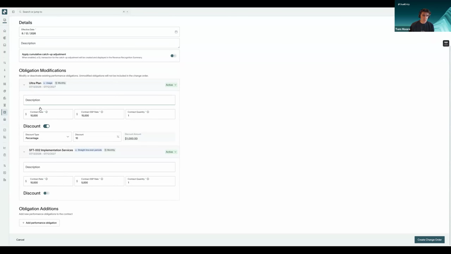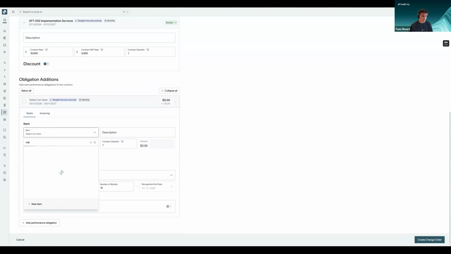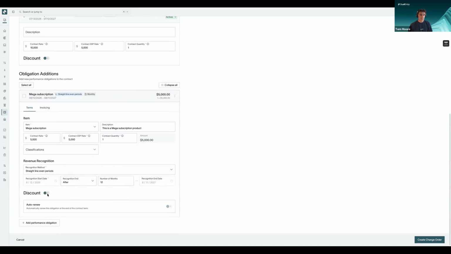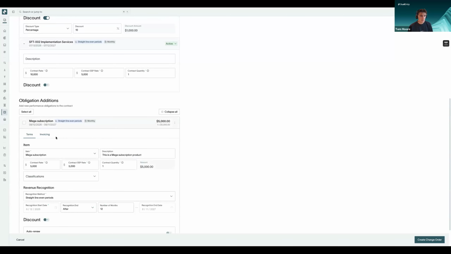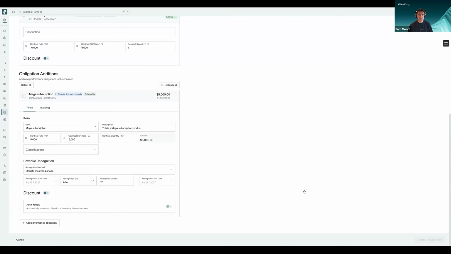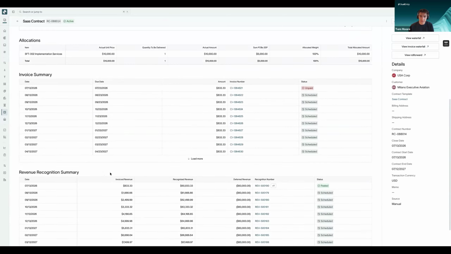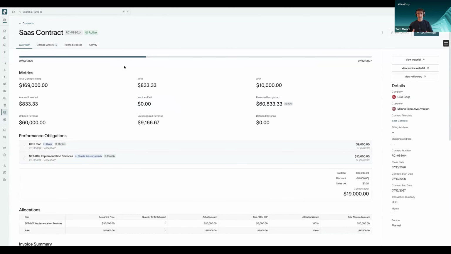And you can change any of the current performance obligations, structure any of those modifications. Or let's just say we want to add, you're doing an upsell here, and I want to add the mega subscription. You can add that from there. You can add any discounts if you would like. Again, structure the different invoicing schedules directly within this module, and we can then create that change order, which is viewable directly within the contract, and we'll update the remaining invoice summary and recognition schedules from there once it goes into effect. So we're going to automate a lot of that process for you, make it very easy,